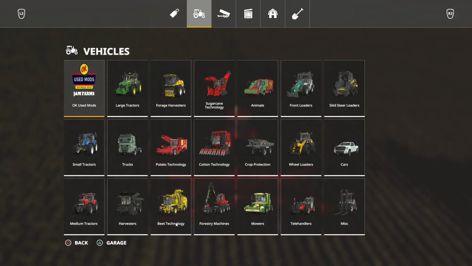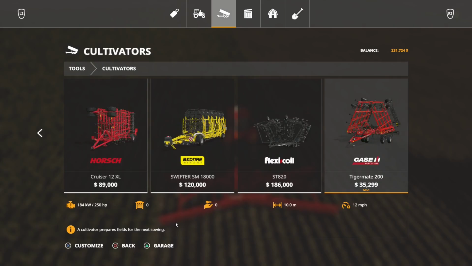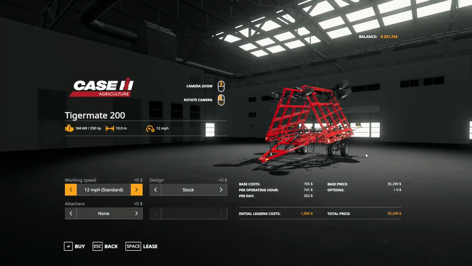Okay, so if I was to go into, let's say we're going to buy a cultivator next. Okay, we go all the way back here. This is my mod. I have the Case IH Tiger Mate 200. That's the next one I'm going to buy, the cultivator. And you buy it. Okay? You can set it up. See, it starts at 12 miles an hour, which is...